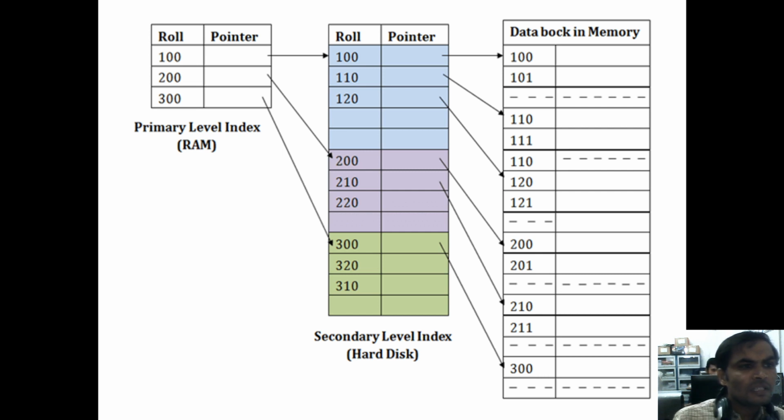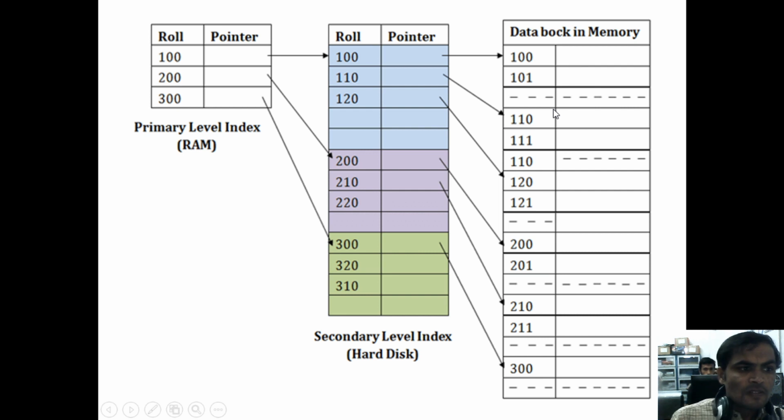Actually here it is not pointing to 100, 110, 120. For your understanding, 100 to 200 will be the range. We took 100 to 200. First it goes to the first index. Under the first index, 100 is there. Then it goes to the data block or the main table. Then with the help of the pointer reference it searches from 101 up to 105.